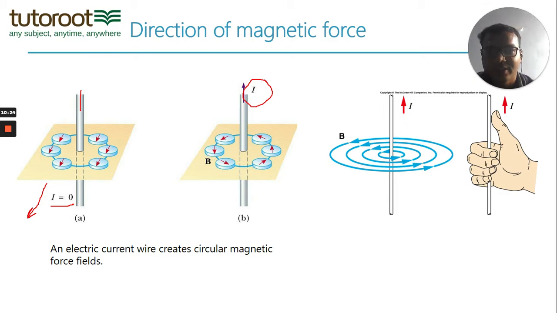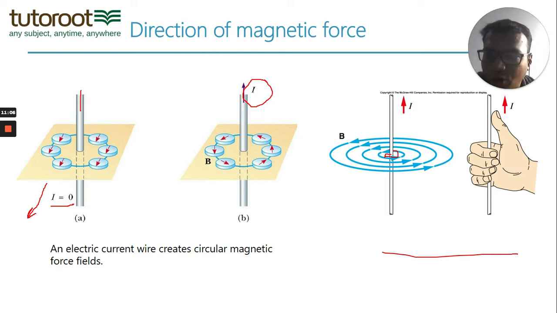Now the first thing is you see that at every point the compass needle has a particular direction. But if you look at them in the big picture, you see that the compass needles show that the magnetic forces are acting in a circular direction. Wherever you keep the compass at one point, it shows the direction of the magnetic force at that point. So when you look at the magnetic force at different points, you see that they are circular in nature. Hence this is the diagram we see, where in a current carrying straight wire you see magnetic forces acting in circular directions.